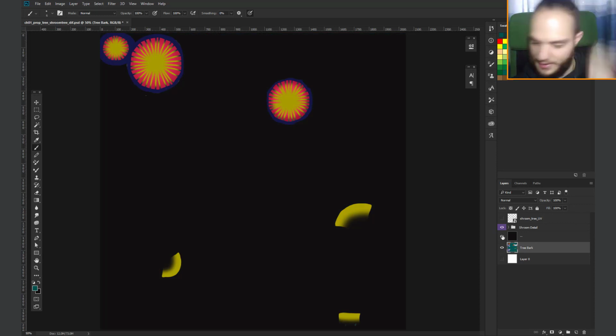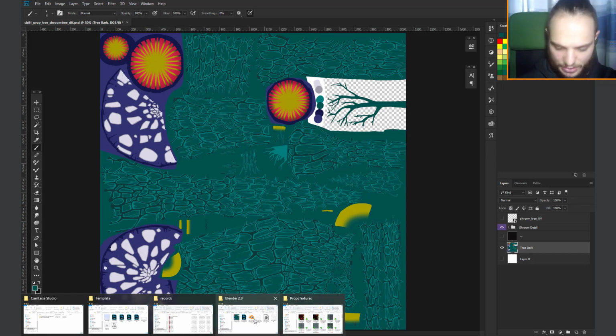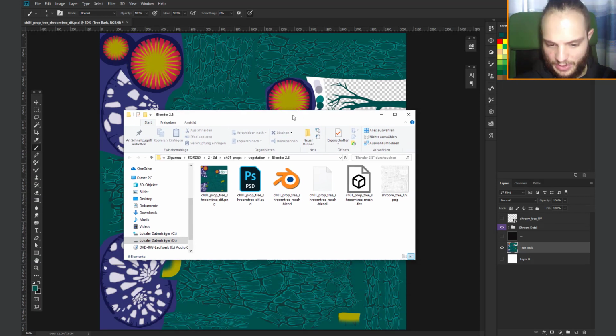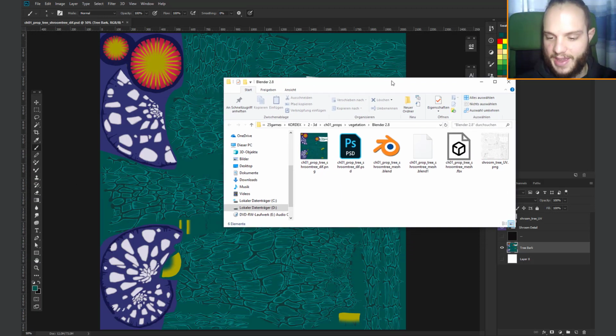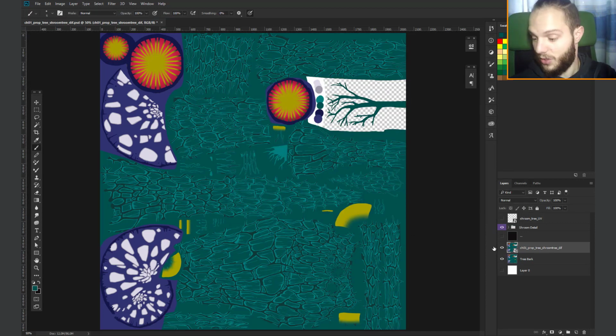So I have different layers, but if you work with the texture painting tool, then you get only one single layer. This is actually bad. If you have good layer control, then you can control the texture information on each layer. For example, I just worked on the tree bark, so I don't need to